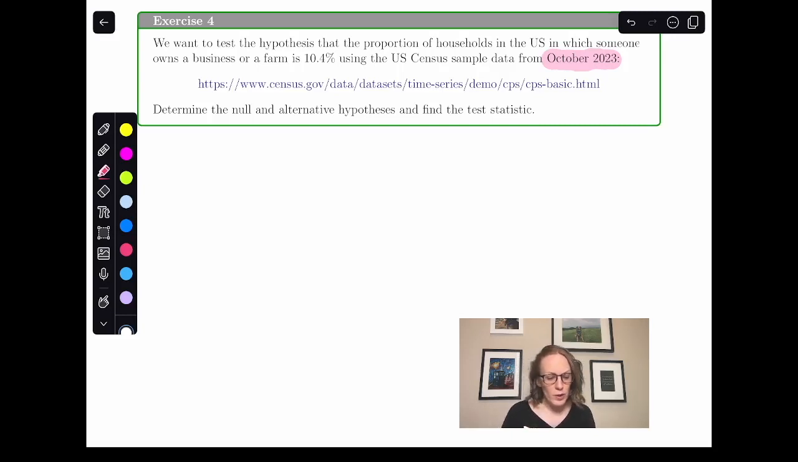Here we want to test a hypothesis about that proportion of households in which someone owns a business or a farm. First, we need to figure out what our null and alternative hypotheses would be. We want to test the hypothesis that the proportion of households in the US in which someone owns a business or a farm is 10.4%. So we're saying something about a proportion of households, and let's say that someone comes to us and tells us that that proportion is 10.4%